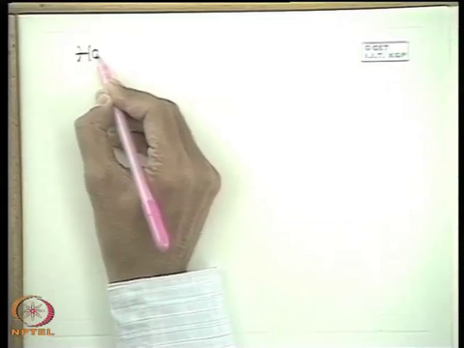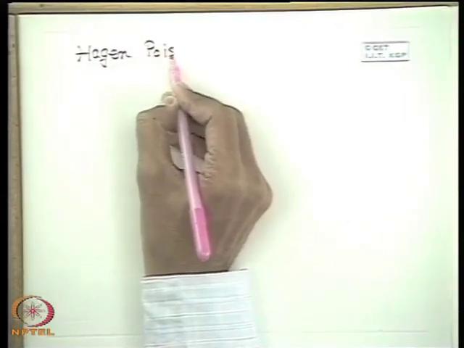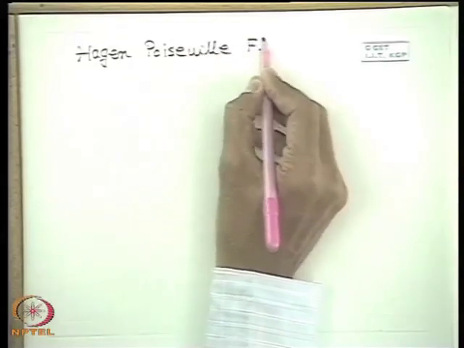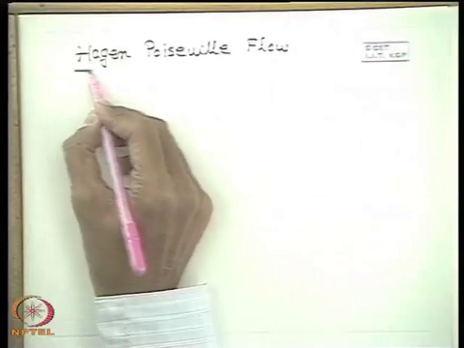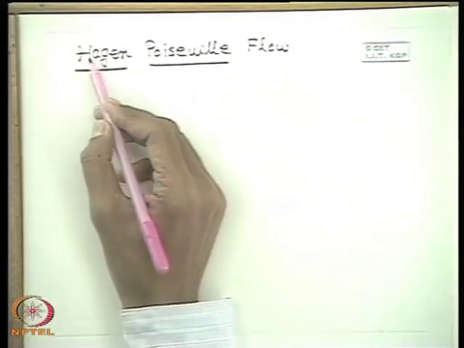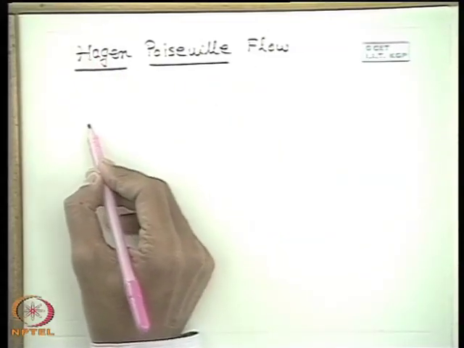We are discussing the different types of parallel flows. Today we will be discussing another type known as Hagen-Poiseuille flow. We discussed the plane Poiseuille flow in the last class. Names of the two people who developed the equations for this flow, after their name, this is Hagen-Poiseuille flow. This is basically flow through a circular tube.